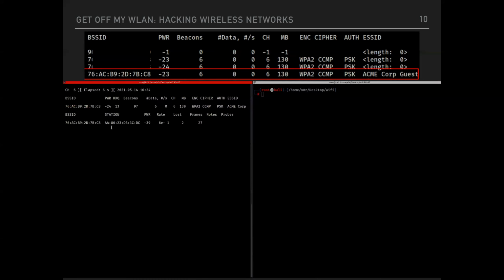And so we can see that there is one client associated with this network already. In the real world, there's probably going to be multiple clients associated with an access point. But for this demo, I only had my laptop connected. So this is where we sit and wait for somebody to connect to the network and potentially gather enough data